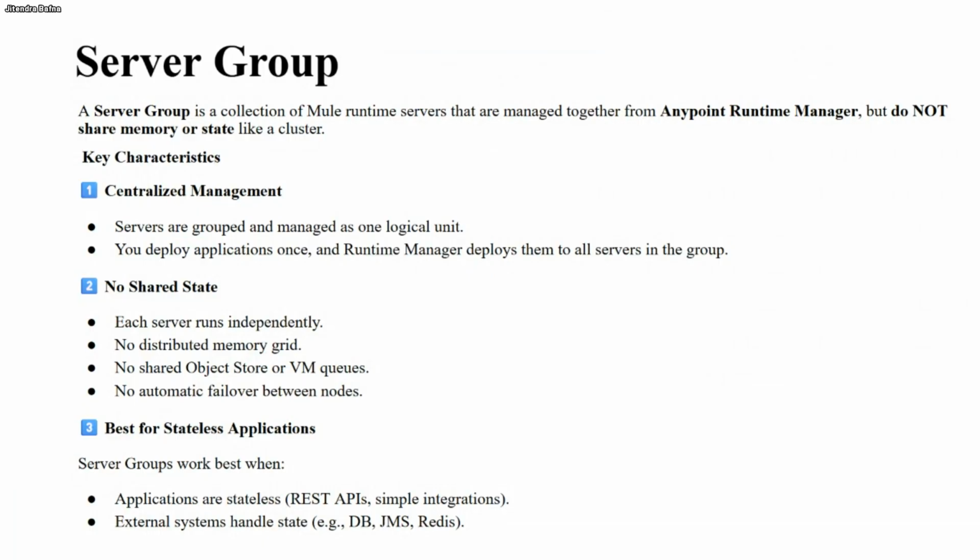If you are adding servers into a server group, make sure you have a stateless requirement: you don't want to maintain any state, share the object store, or share the VM queue. In that case you can go with the server group. The servers are grouped and managed as one single logical unit. You deploy the application once and the runtime deploys it to all the servers in the group. So if you have four servers and add all four into the server group, you just have to deploy the application to the server group,